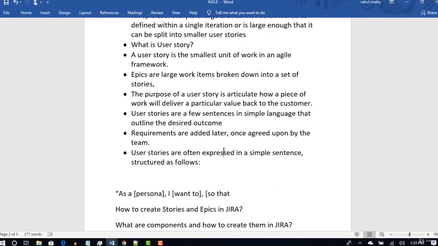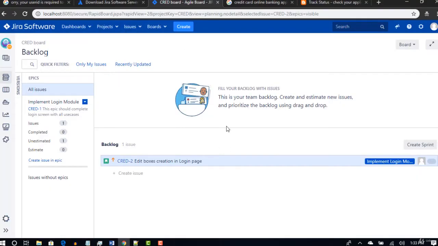There could be team 1, team 2, team 3. Let's say there are 3 agile teams working on one project, and when you create a user story, if you want to assign it to that specific team, you can create teams as components, and give that component label to that user story to tell which team that specific user story belongs to. Okay, so let me create and show it practically so that you will understand.